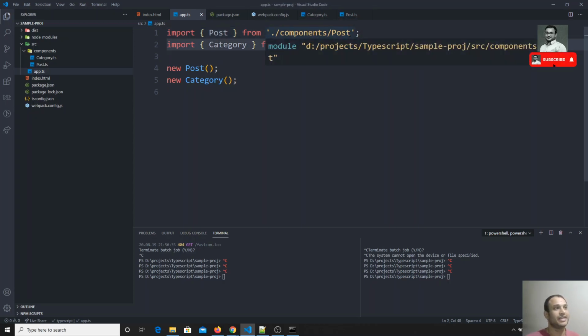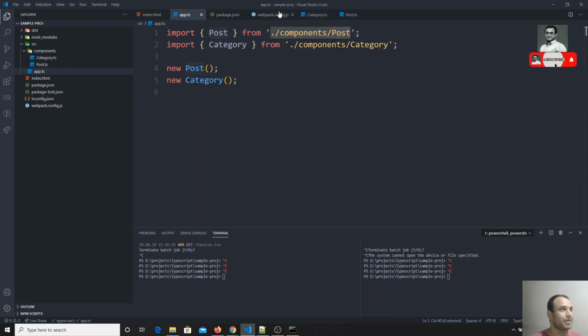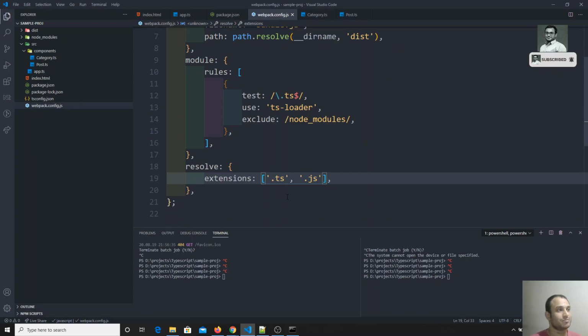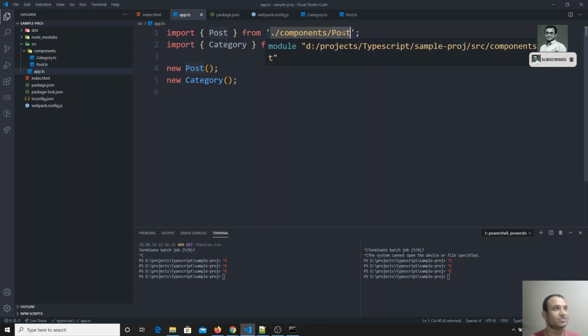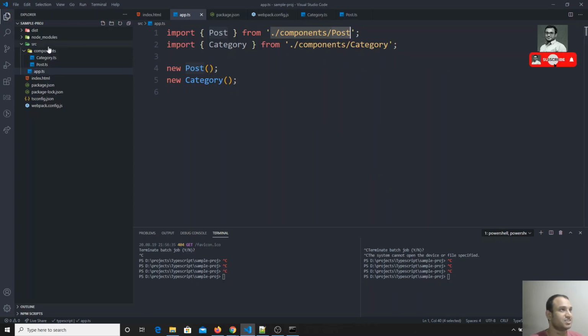So that means for this extension, post is there, right? We are telling webpack that while importing, if you encounter this type of thing without an extension, search for this post file as a ts and also as a js file. If post.ts is present anywhere in that particular path, it will take that one, or otherwise post.js. So that is the resolving thing.